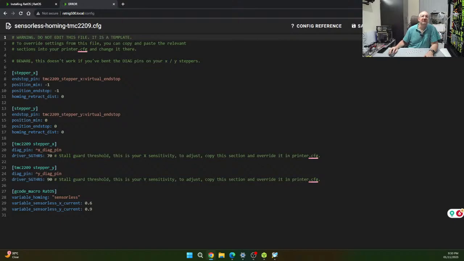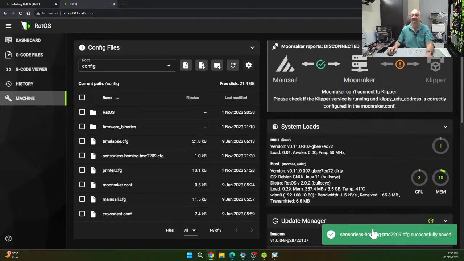Right. So what's going to happen is at some point, as part of the sensorless homing, I'm going to change the StallGuard settings, this number and this number. For now, I'm going to leave it as is because I'm not going to be able to test it. It's just what it is, and nothing's going to be moving in any case for now because I haven't connected the motors. So if I save and restart,